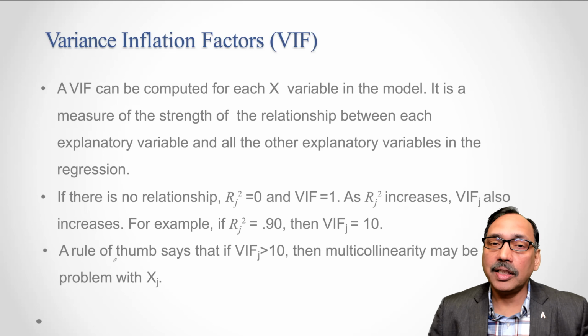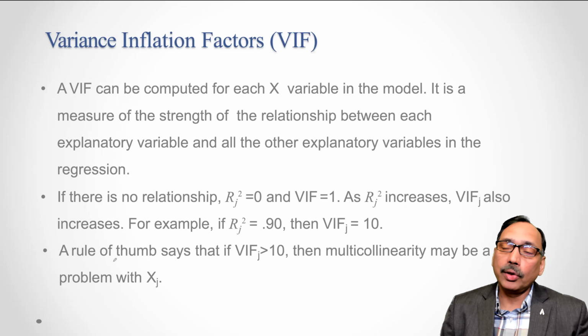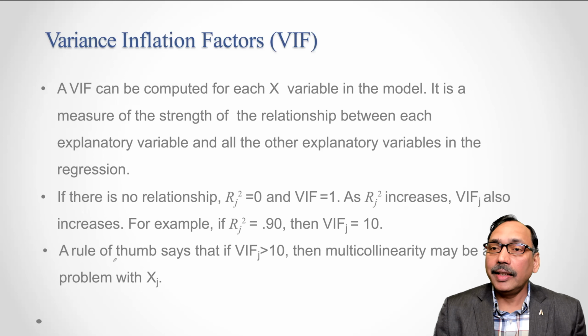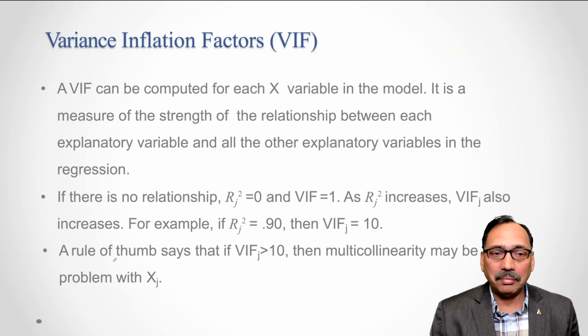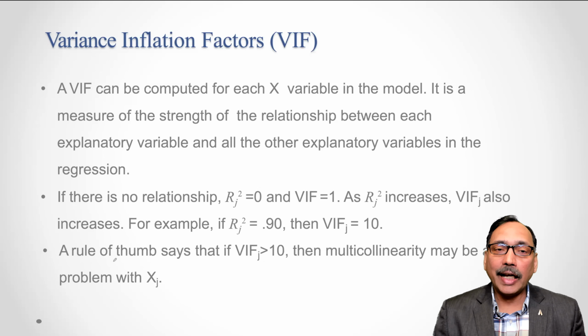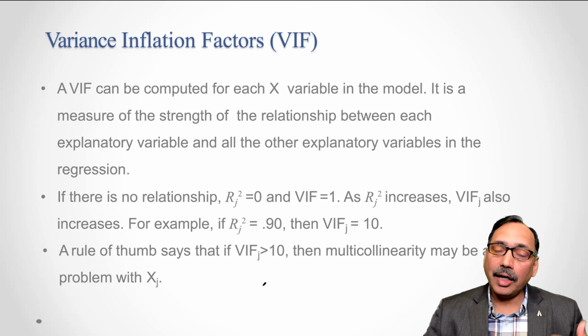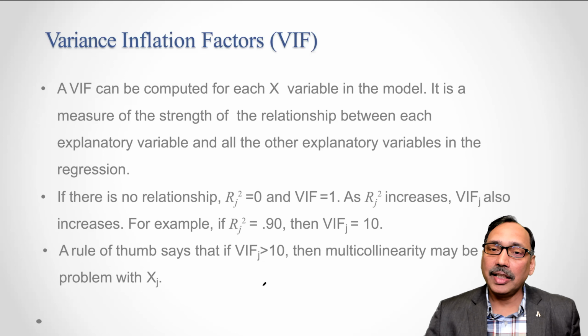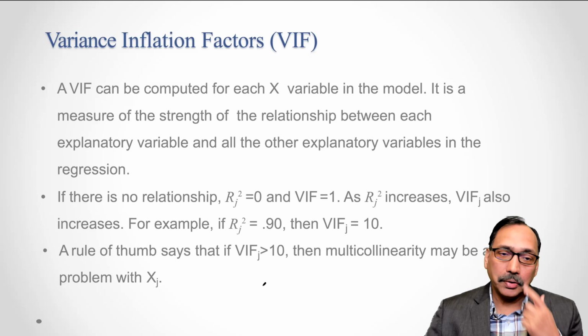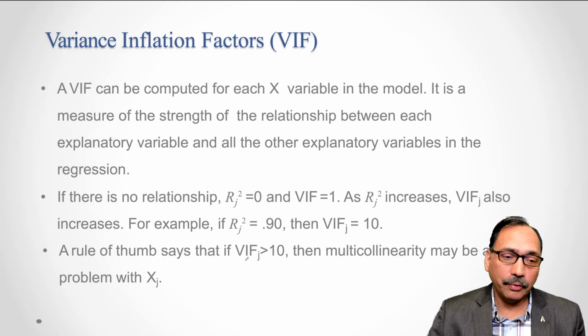So one rule of thumb is that whenever your VIF is more than 10, that's an indication that a multicollinearity problem is present. You cannot avoid a little bit of correlation between X variables, even if they are independent of each other. In real life, if you calculate correlation, you will always find it is not 0. But how large is large? Is 0.1 large, is 0.2 large? Statistically, we can find that out by calculating VIF.